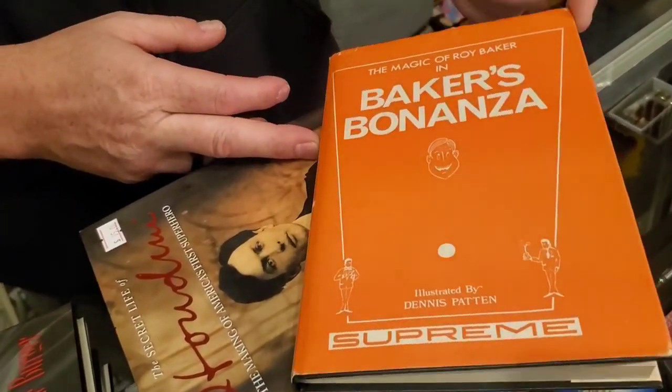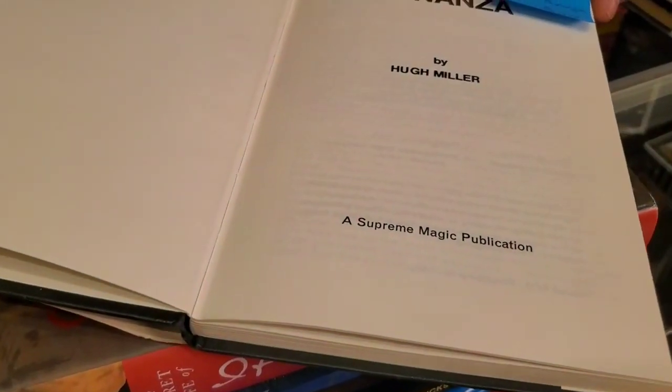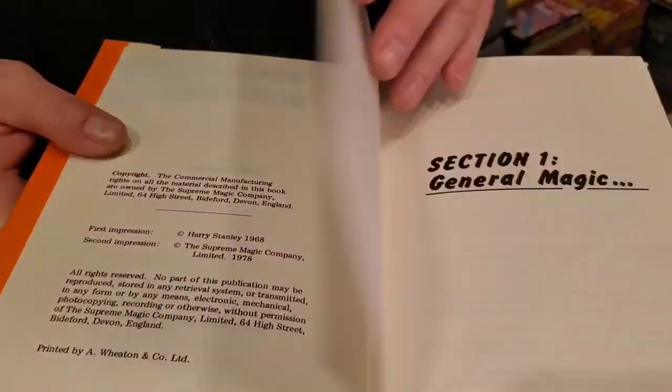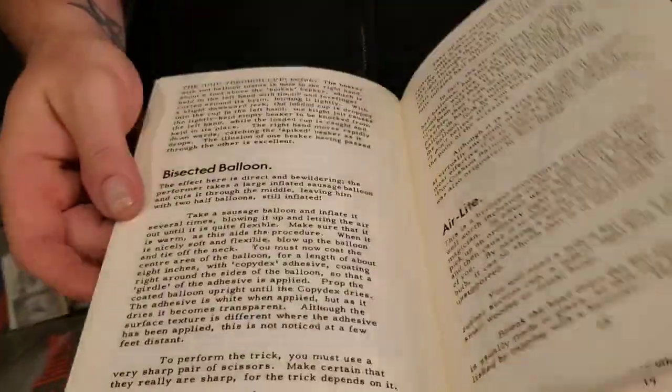Baker's Bonanza, the Magic of Roy Baker. This is a Supreme Magic book. It is $20. It's by Hugh Miller. This is the first edition. I don't think these are available anymore. But all kinds of stuff in here. Let's go to the...